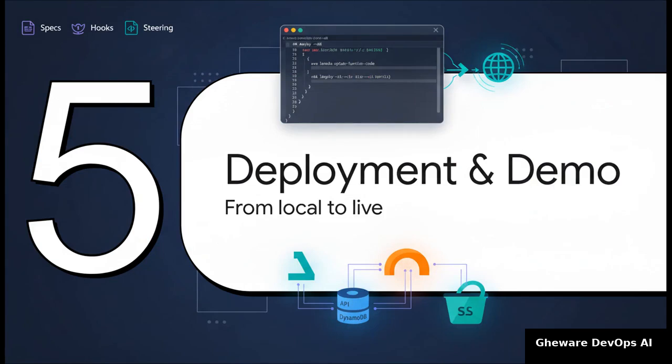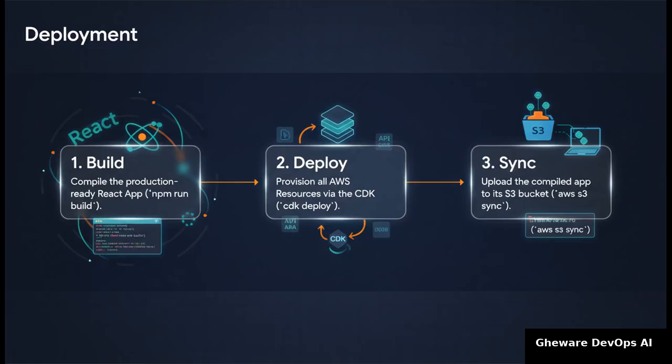Okay, this is it. The moment of truth. Code's done, infrastructure is defined, all the pieces are in place. Let's do this. Let's deploy our app and get it live for the world to see. Believe it or not, it's just 3 commands. We build the React app, we deploy the entire AWS stack, and then we sync our files up. That's it. We're going to watch CloudFormation do its magic, and in a few minutes, we'll have a live, public